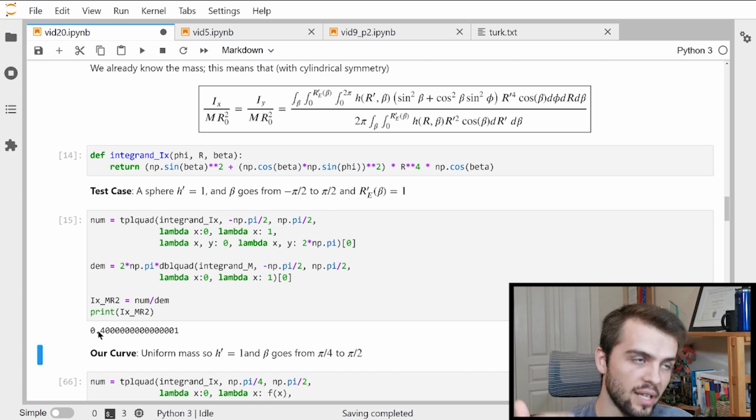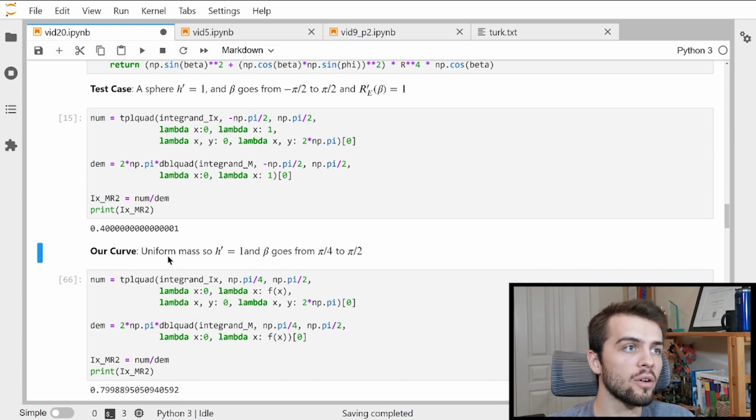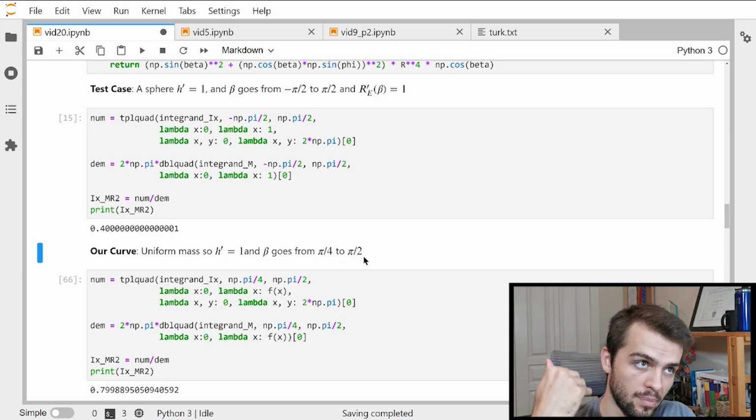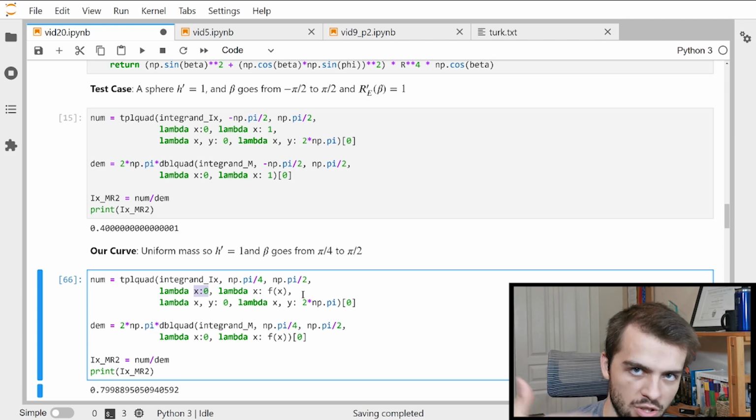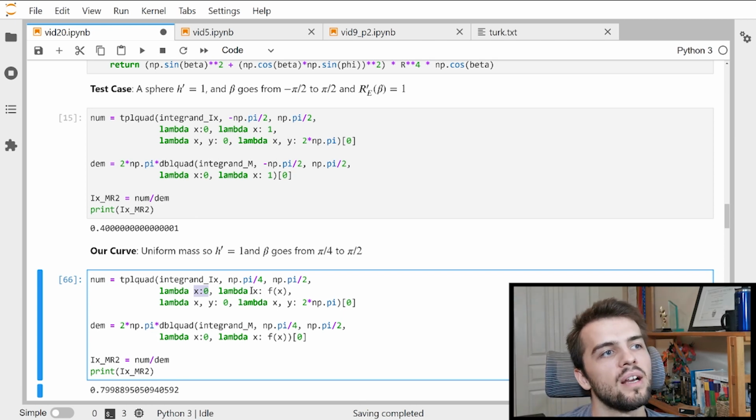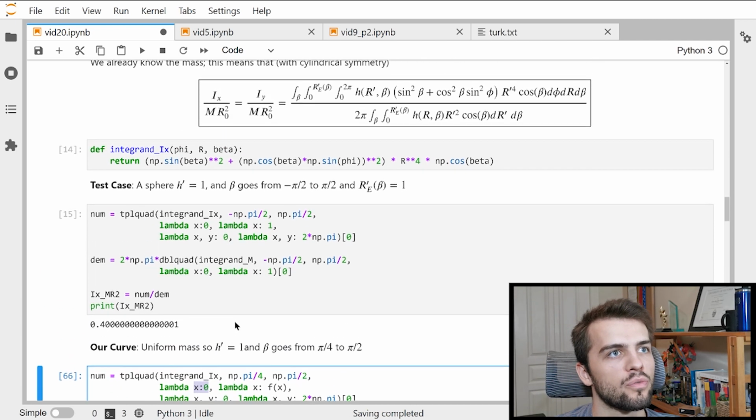And this is important when you're writing this sort of code. And now for our curve, we have a uniform mass, so h prime equals 1, and beta goes from pi over 4 to pi over 2 like before. And so I have this new integrand, goes from pi over 4 to pi over 2. My r integral goes from 0 to f of x, which of course is the function that I've shown many times above. And then finally the integral over